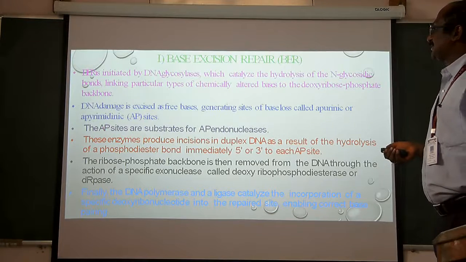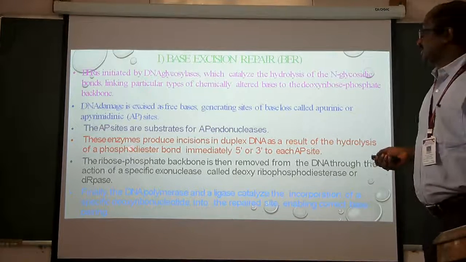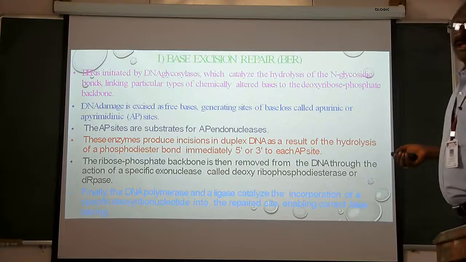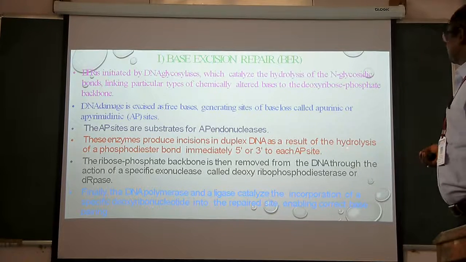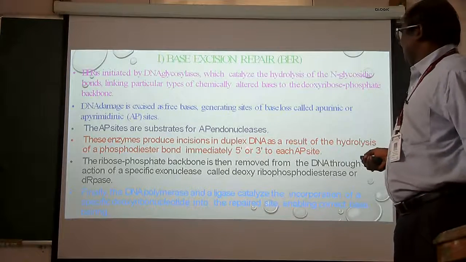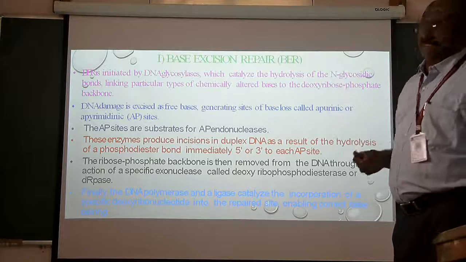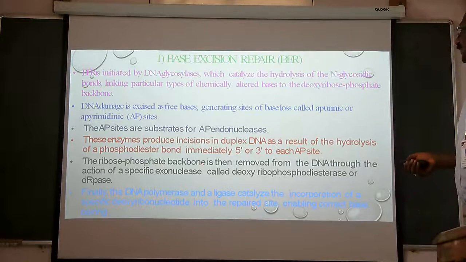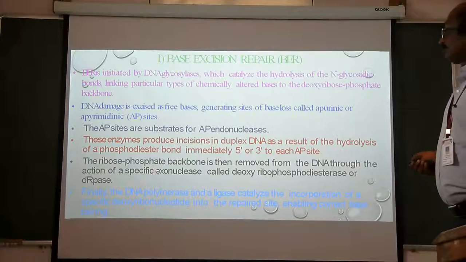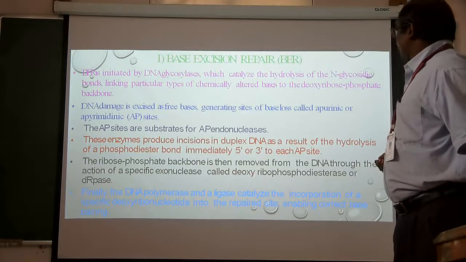The AP sites are substrates for AP endonucleases. These enzymes produce incisions in duplex DNA as a result of hydrolysis of the phosphodiester bonds immediately 5' or 3' to each AP site. The ribose phosphate backbone is then removed from the DNA through the action of a specific exonuclease, also called